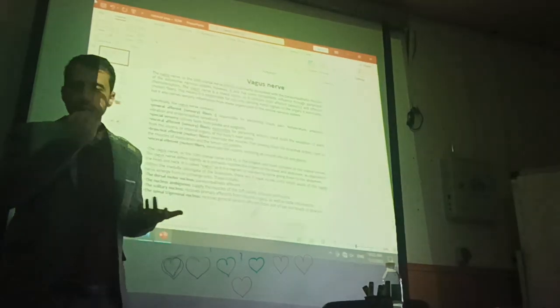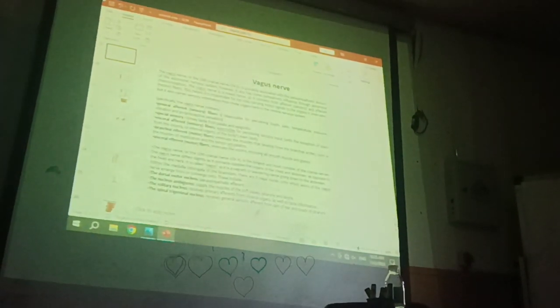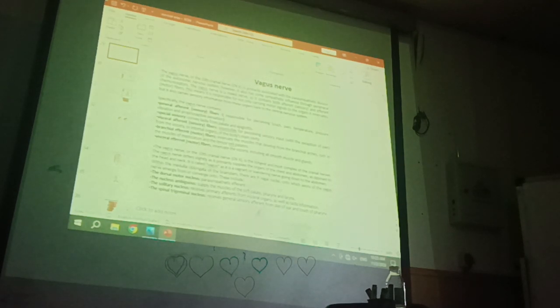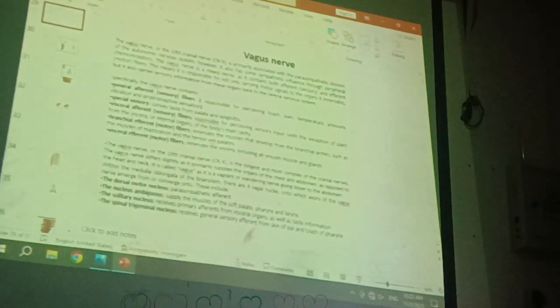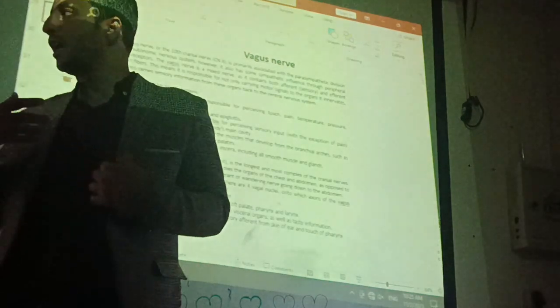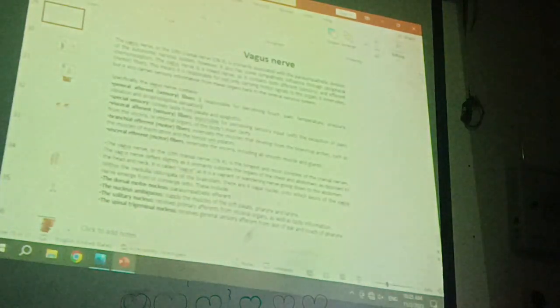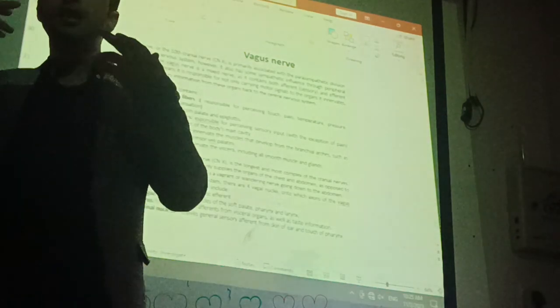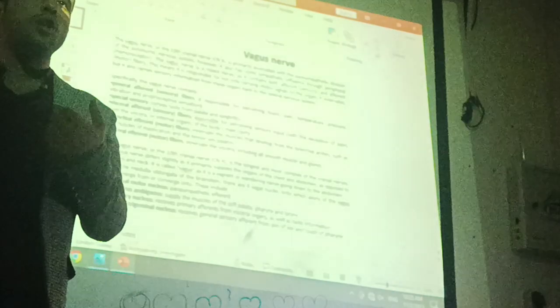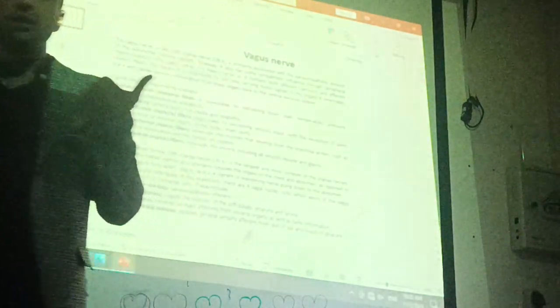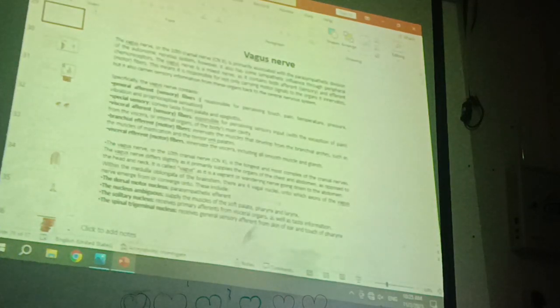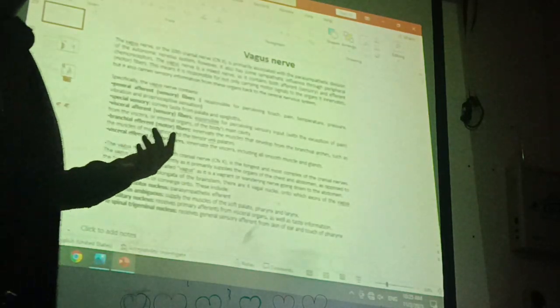Vagus nerve. The vagus nerve is mainly a parasympathetic nerve. This parasympathetic nerve innervates the motor function of the viscera, and also the muscles which are derived from the branchial arch, like the muscles of the larynx, the muscles of the pharynx, the muscles of the soft palate, okay, the smooth muscles of the esophagus,